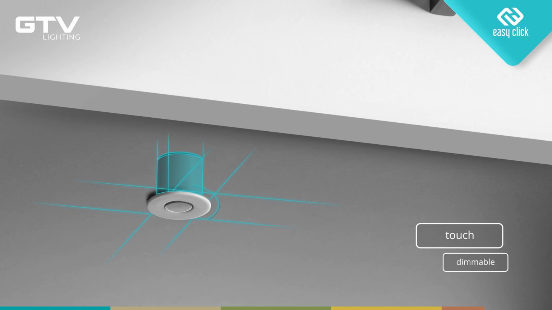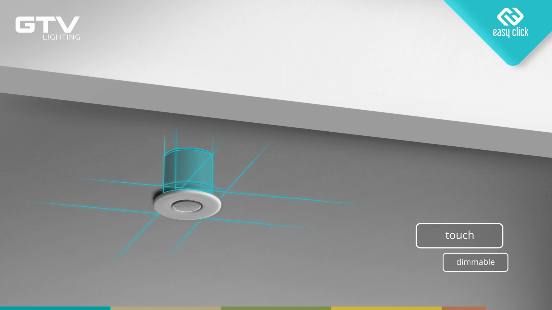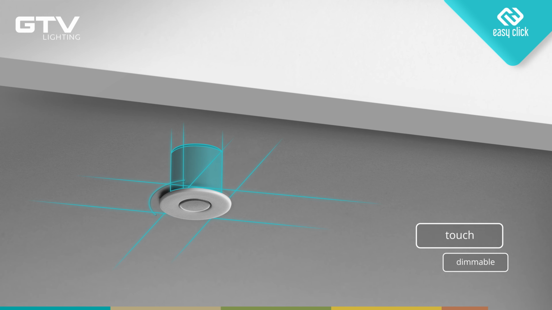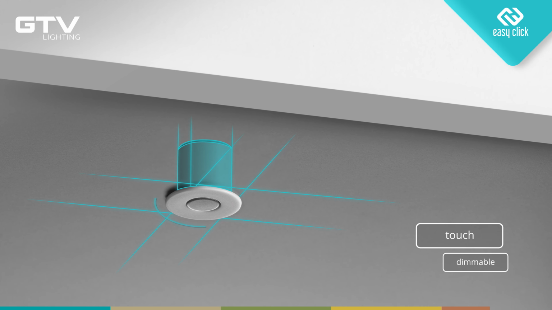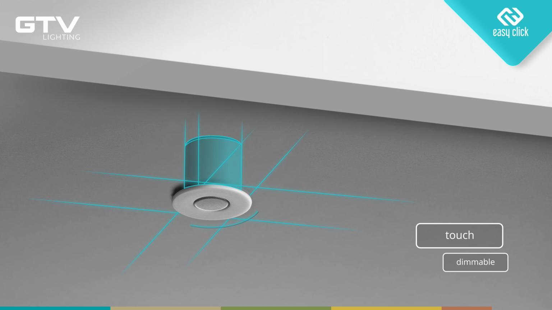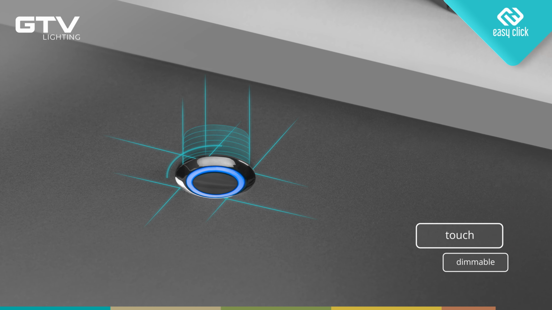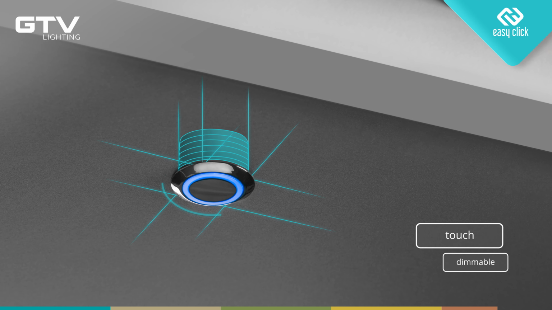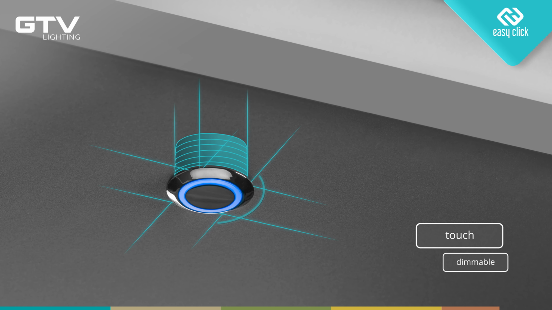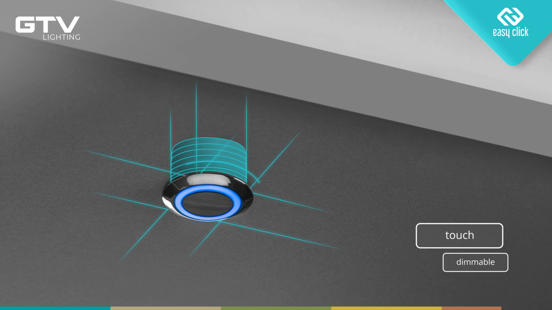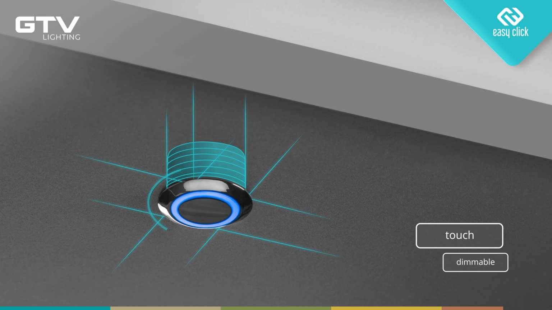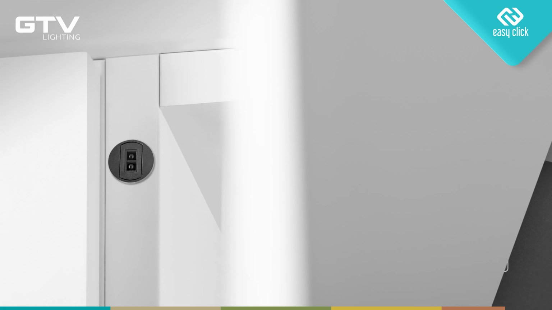The touch switch recessed into the body is one of the most popular solutions. Its small size will not disturb the aesthetics of your furniture in any way. A longer touch activates the dimming function. In lacquered furniture, it is good to use accessories with a similar finish. The chrome switch has a subtle blue backlight to make it easier to find it at night. The dimming function is also activated by a longer touch.